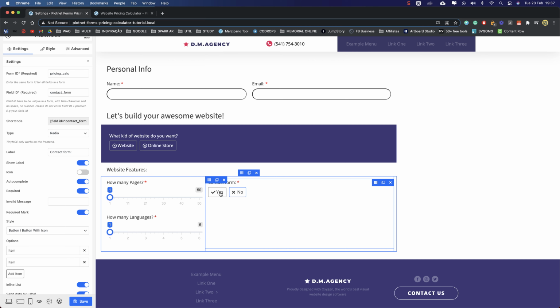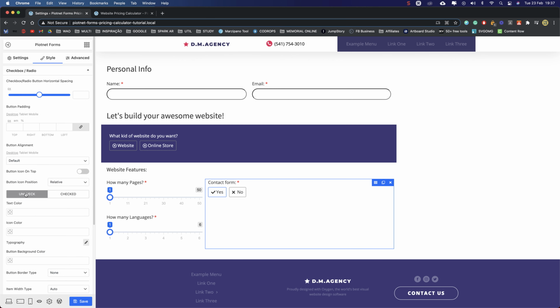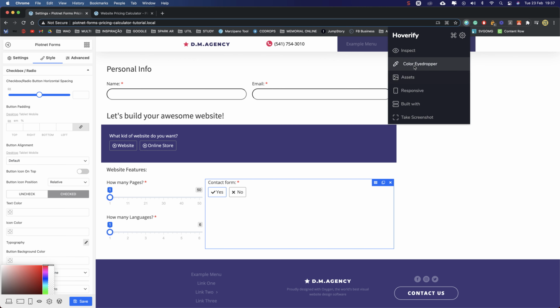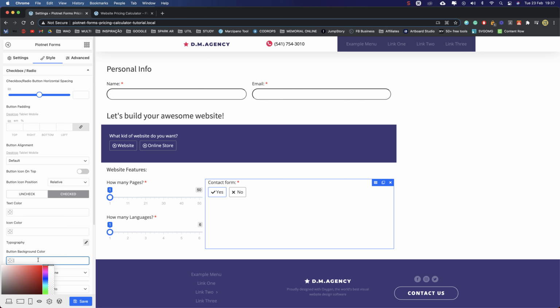Let's style this a little bit to change the background when the user clicks. Let's go to style. And when it's unchecked, let's leave it as is. When it's checked, let's change the background color to this lighter shade of purple.